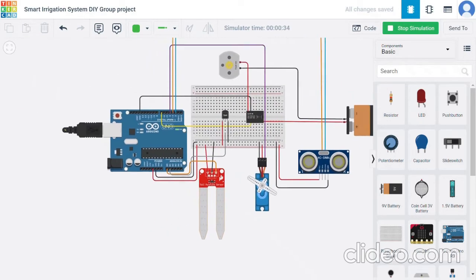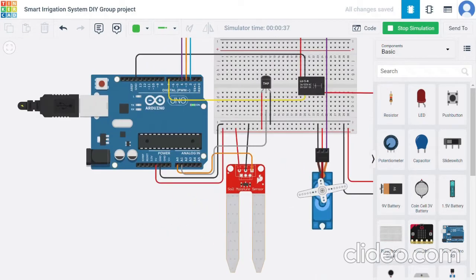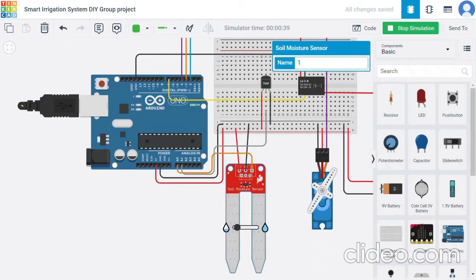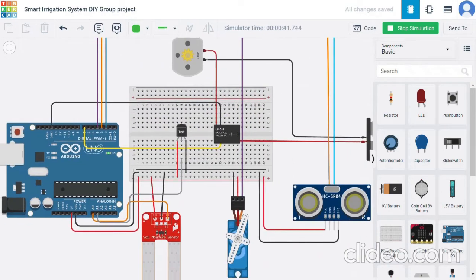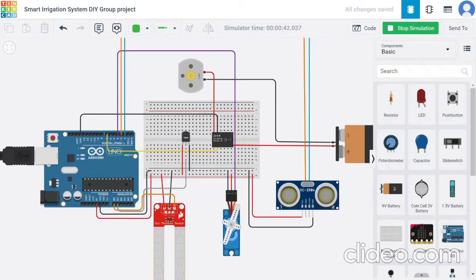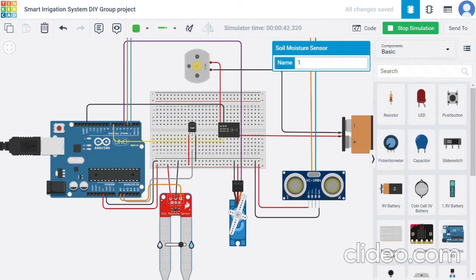ends of the container. And this is the soil moisture sensor, which when it has a value greater than the threshold value will turn off the DC motor as well as this servo motor. We can see here clearly that it immediately stops whenever the value is greater than the threshold value, and this is very sensitive, we can see here. And now